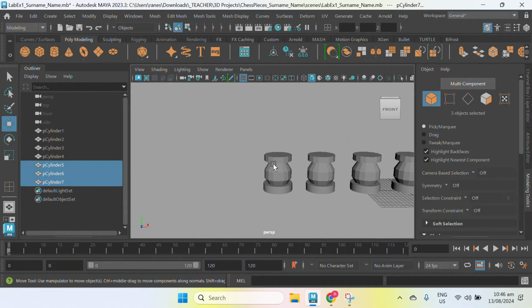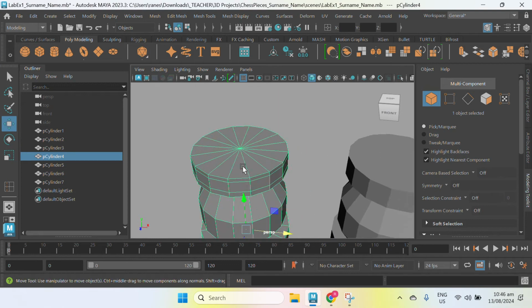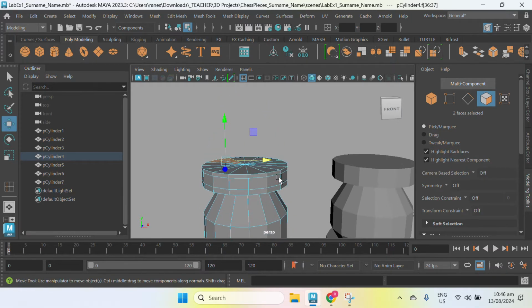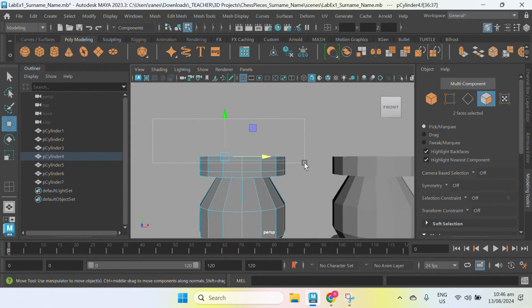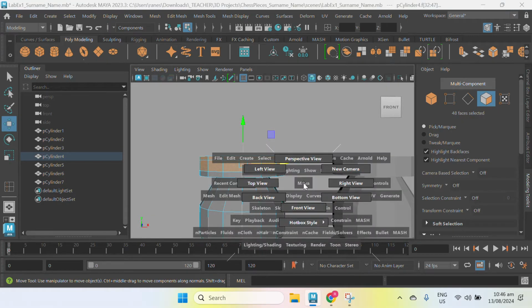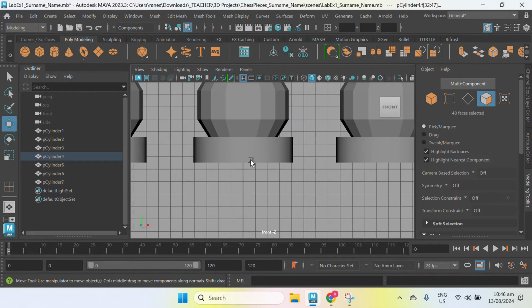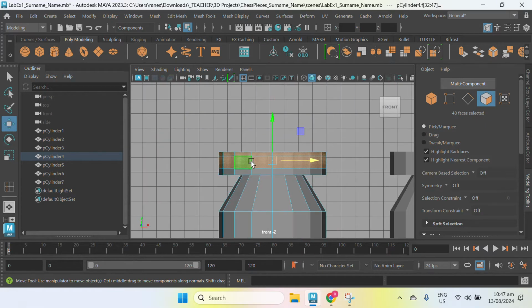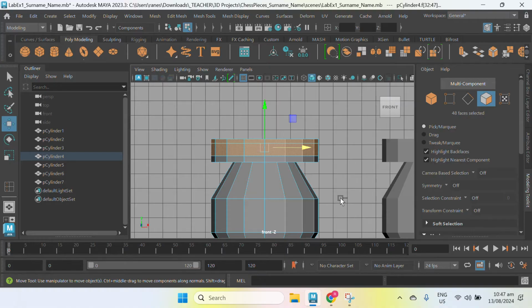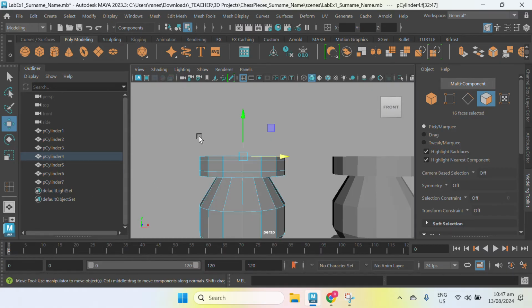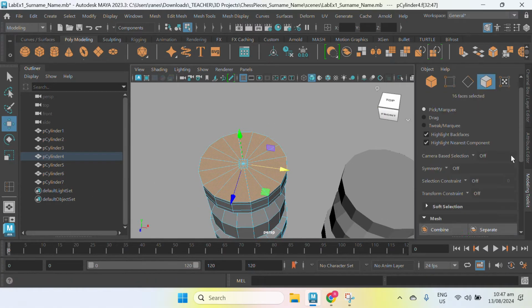Now to start, I will create the pawn for this one. So here, go back to face mode and select the faces at the top. I will do the same process. So I will select some portions here and then go back to front view. And here, I will press F to focus. Next, I'm going to hold Control and deselect the other faces. Going back to my perspective, so here, I'm going to use extrude,